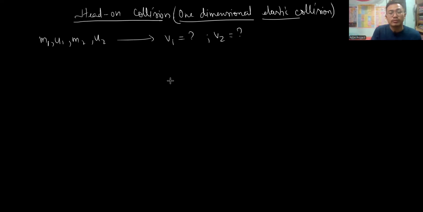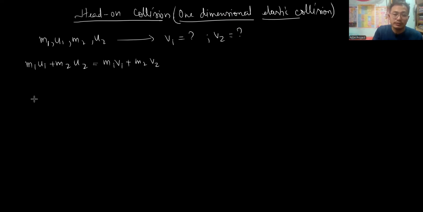By conservation of momentum, m1 u1 plus m2 u2 is equal to m1 v1 plus m2 v2, because in every collision momentum is conserved. Now if the head-on collision is elastic,